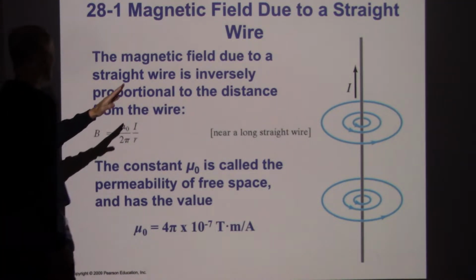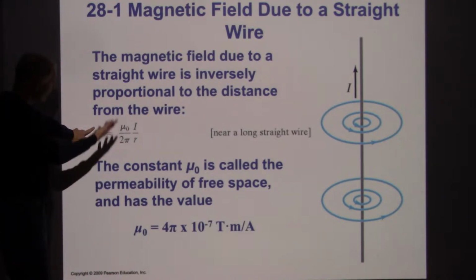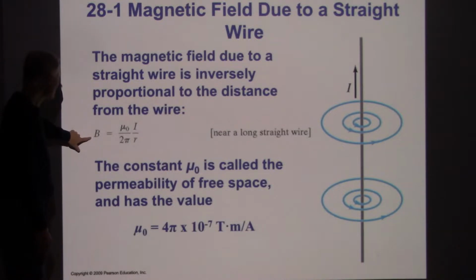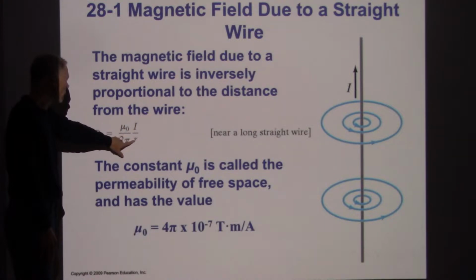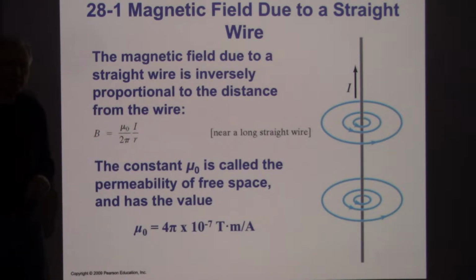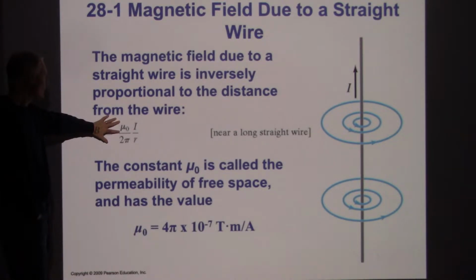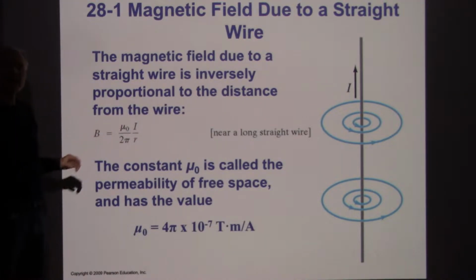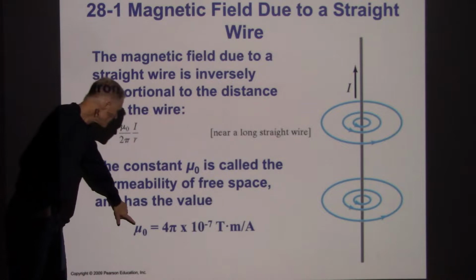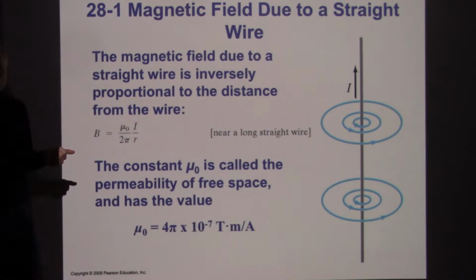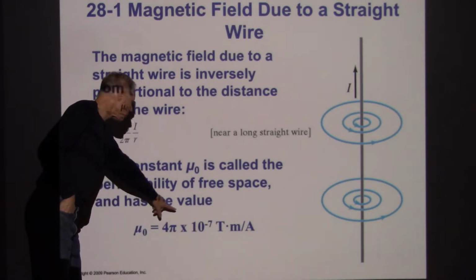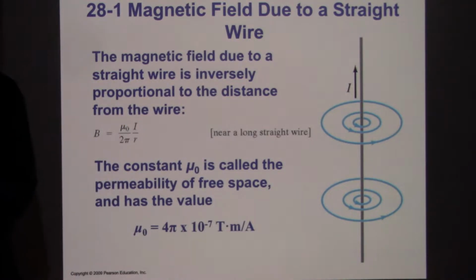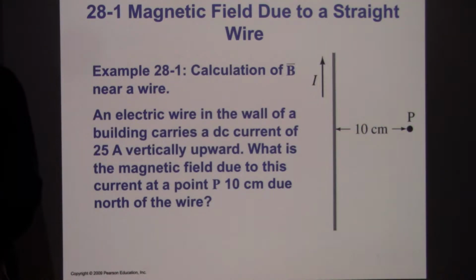Now for a straight wire, what the textbook presents first is to say that the magnetic field is generated and that it's proportional to the current and drops off. So this is kind of thrown out there as a beginning point. And then they also introduce this constant mu naught. Well, the constant mu naught that comes into these magnetic field formulas is actually related to the electric force constant that we've already been using. Now the value of mu naught is given here as 4 pi times 10 to the minus 7, but we'll take a look and see how that's related to something we've already done. So in any case,